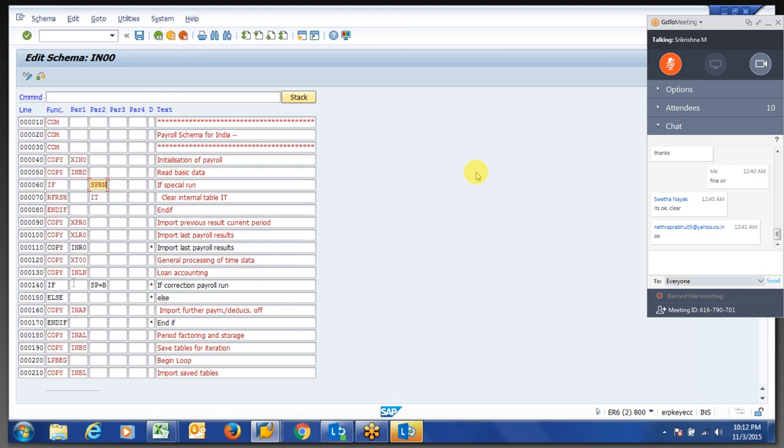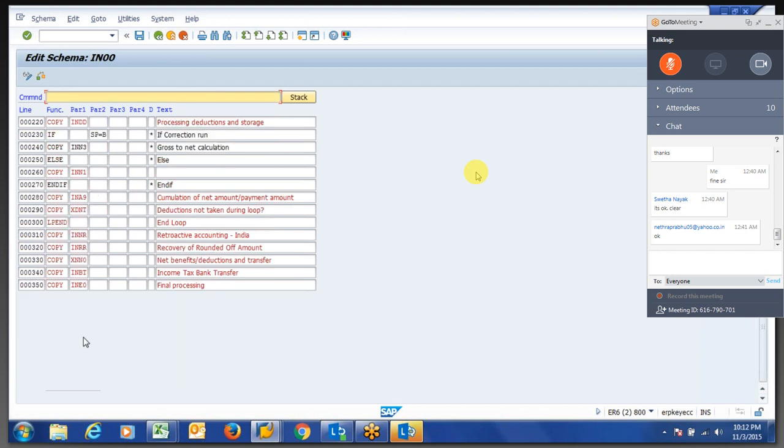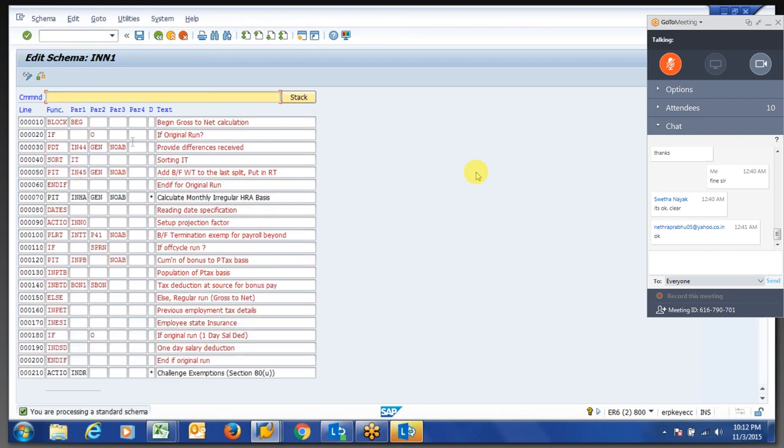They have their own logics already built in. Whenever you check for an off-cycle run and the payments, there is a function SPRN. Every time it will come into the picture in all the standard PCRs.